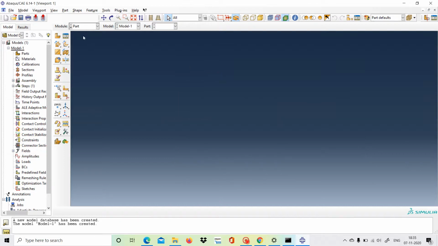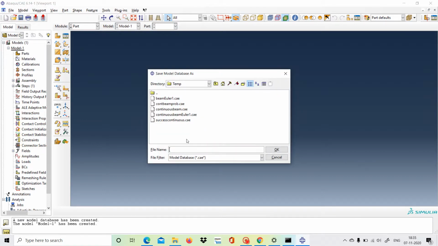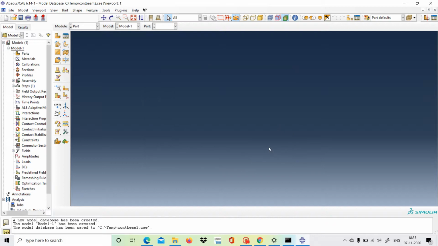So first we have opened the Abaqus CAE file. Then we will save the file. So second step, we will save it. We will save this file with the name cont beam 2. Okay.